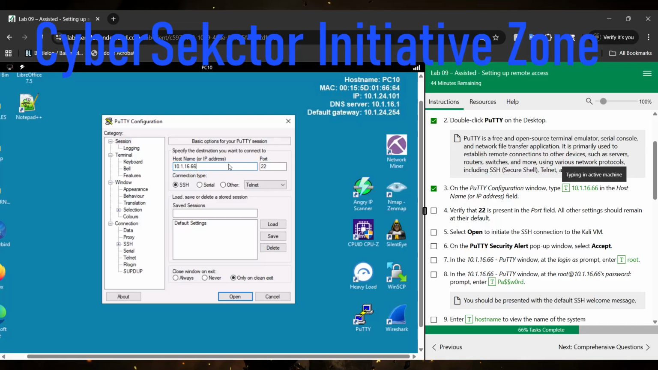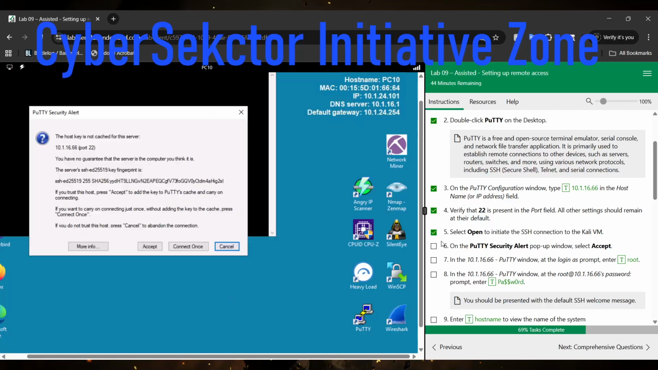So I'm just going to autofill it. This is going to be our IP address, and this is 10.1.16.66, and then our port is going to be port 22, and then we have to click on open to initiate the connection. I'm going to click on it right now, and then it's going to ask us a security